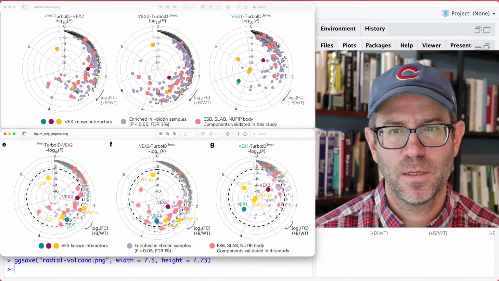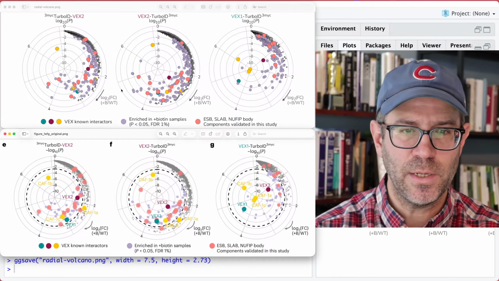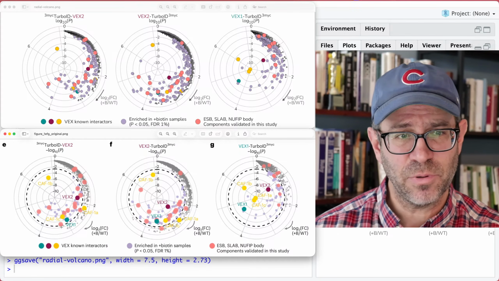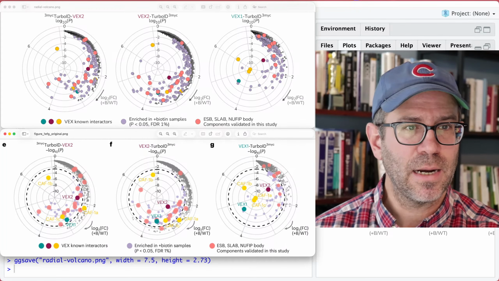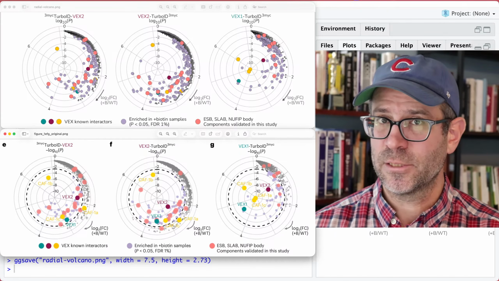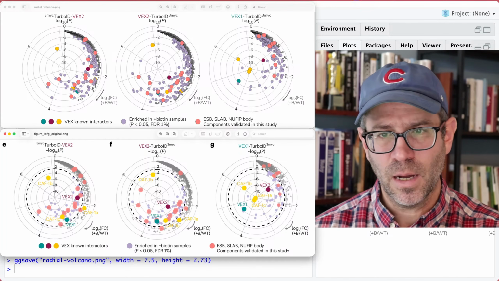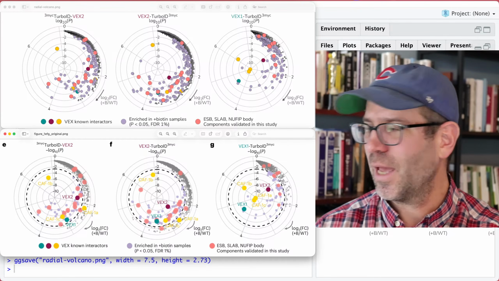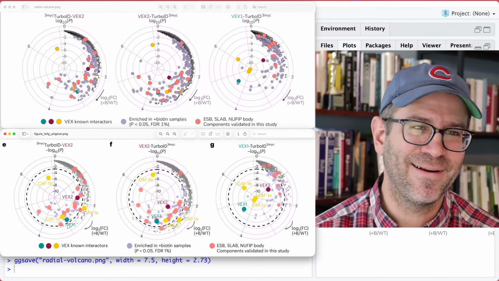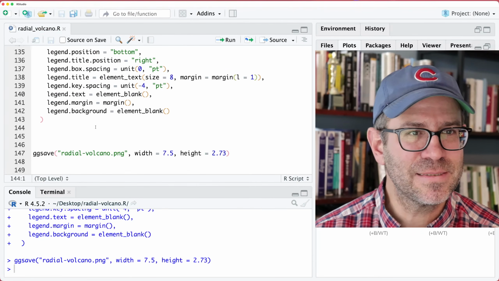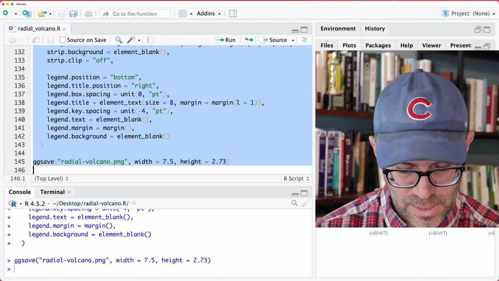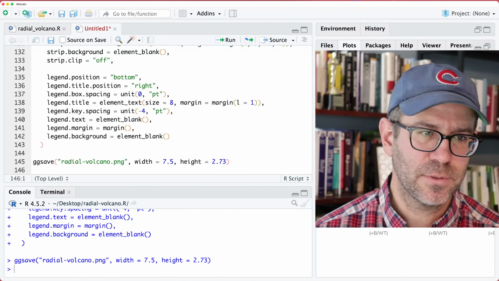Something like that, okay? So that's as far as I'm going to take recreating their plot. There are a couple things that I have not done, and that is to place these labels. I would probably suggest placing the labels, again, using something like geom_text, okay? I'm not going to do that, just because we have like 20 minutes here, and I want to show you a better way, right? So I'm going to save this, and I'm going to copy it into a new script,